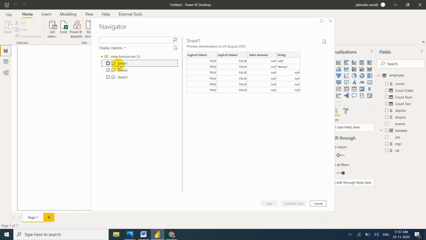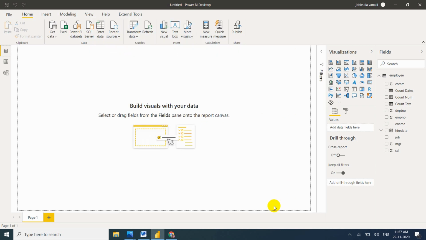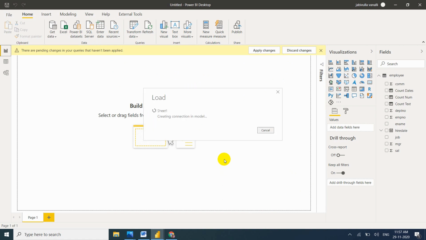Check the data. So here strings are there, that's the reason I want to take this table. Just load it.